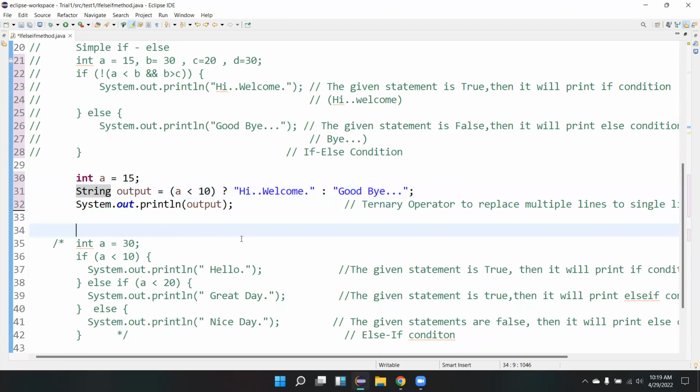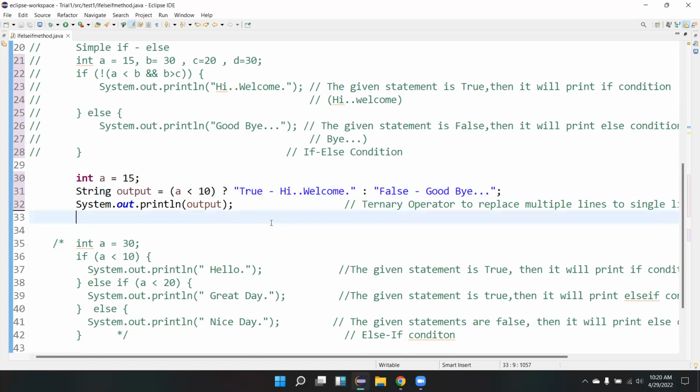Okay, so now you got it. If you see here, it's simple. I defined the value of A equal to 15. Now you're asking a question, is A less than 15? If it is yes, if it is true, then it will take this, and this is false. So this is called the ternary operator.